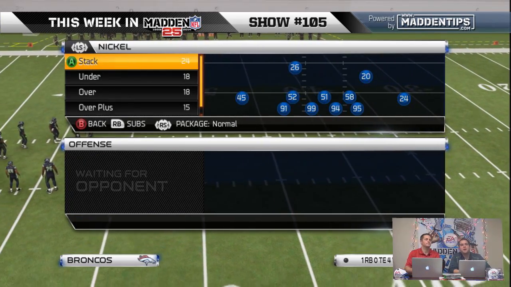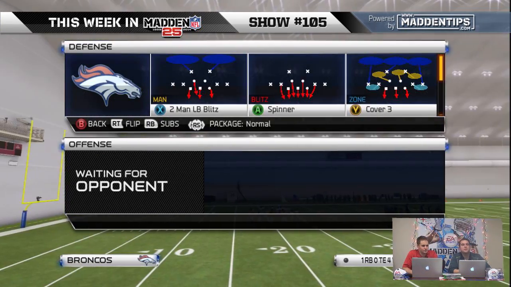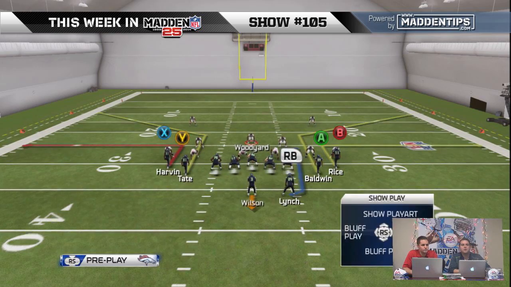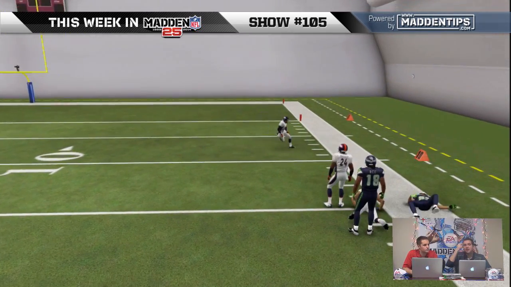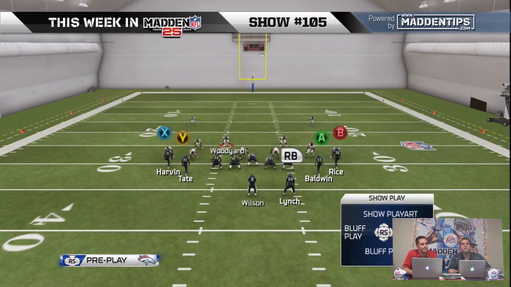Because this, I haven't tried this on current gen yet, but I'm going to guess that it's still very effective. I bet those inside corners get crazy separation. I'm just guessing. I think it's because they're not going to get pressed. And I don't know if we've overlooked this, but I think that if you...